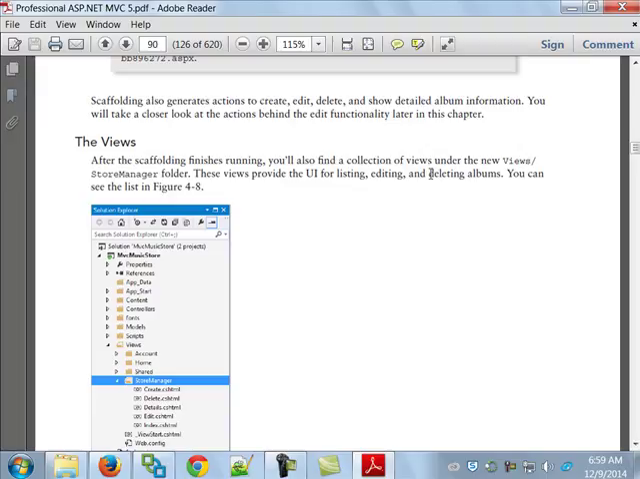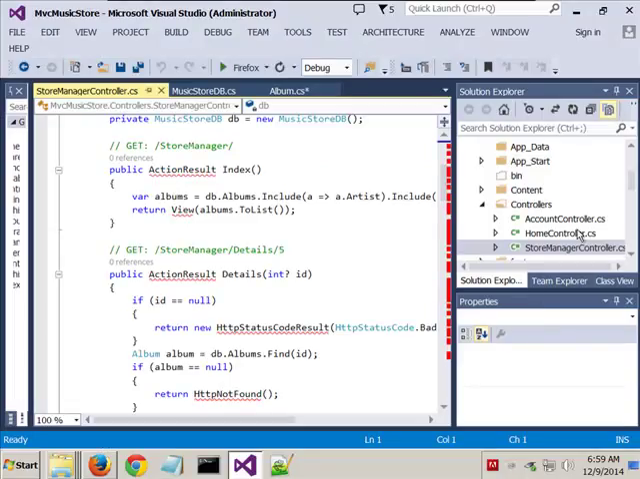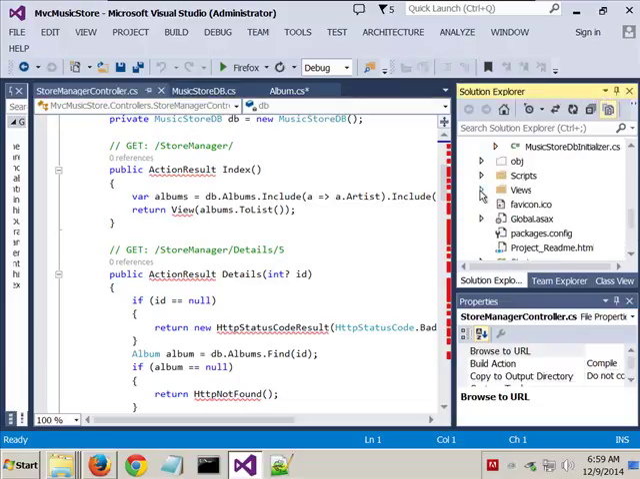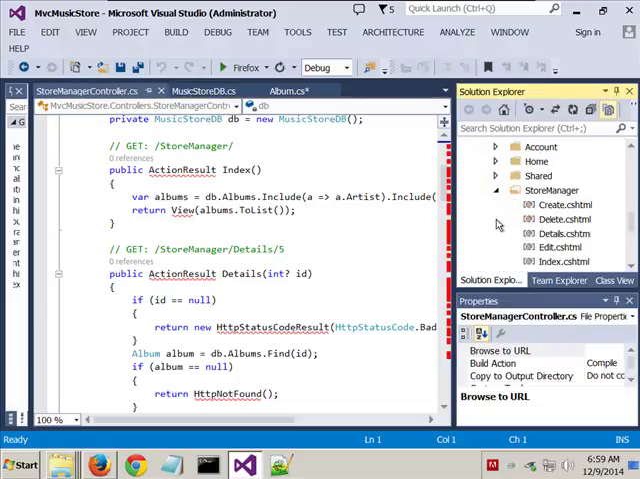I'm up to page 90. Scaffolding also generates actions to create, edit, delete and show detailed album information, which we look at later. The views, as they say, after scaffolding finishes running, you'll also find a collection of views under the Views Store Manager folder. That's the one that was just created, and you'll notice there are the views. These views provide the user interface for listing, editing, and deleting albums. Alright, you can see the list here,